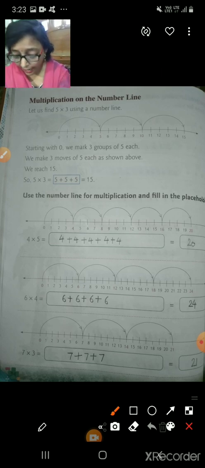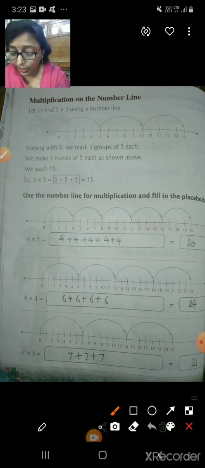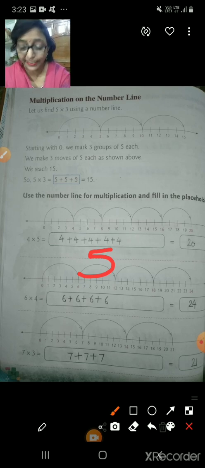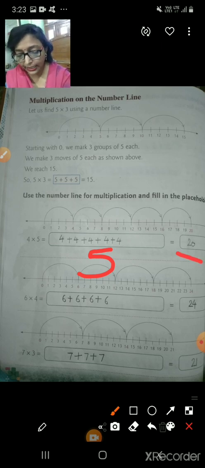You can see that if 4 into 5 is written, you will write 4 five times, in addition form. 4 plus 4 plus 4 plus 4 plus 4 is equal to 20. Like this you will solve